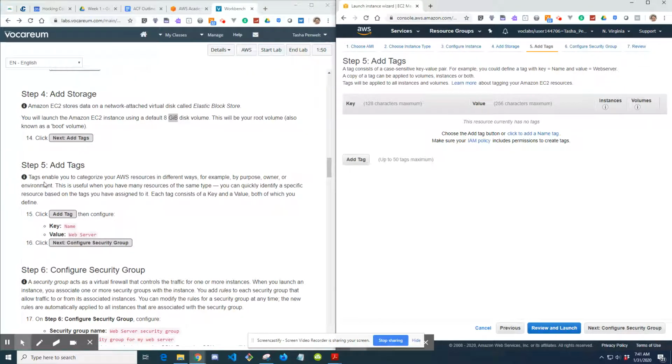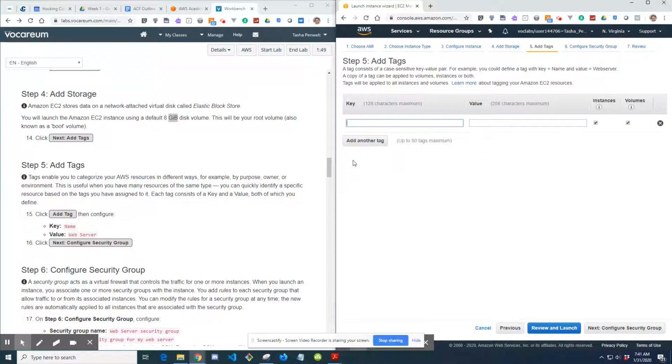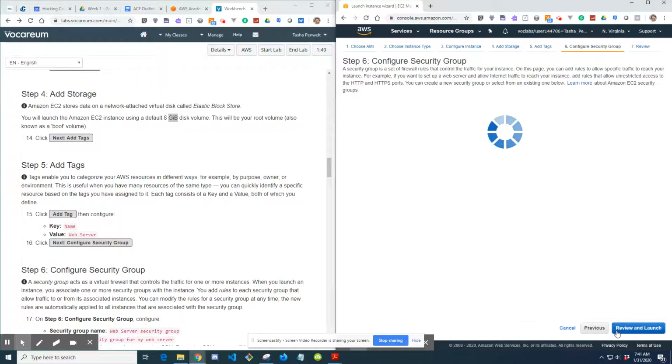Step 5 is Add Tags. Tags enable you to categorize your AWS resources in different ways, for example, by purpose, owner, or environment. This is useful when you have many resources of the same type. You can quickly identify a specific resource based on the tags you have assigned to it. Each tag consists of a key and a value, both of which you define. So we're going to click Add Tag. The key is going to be Name and the value Web Server. Next,